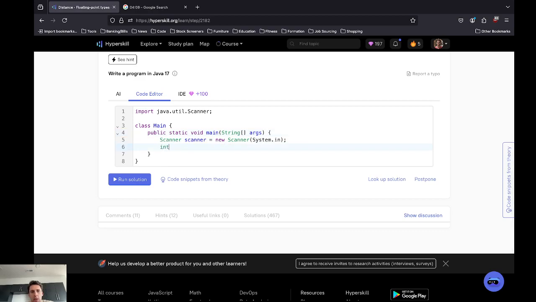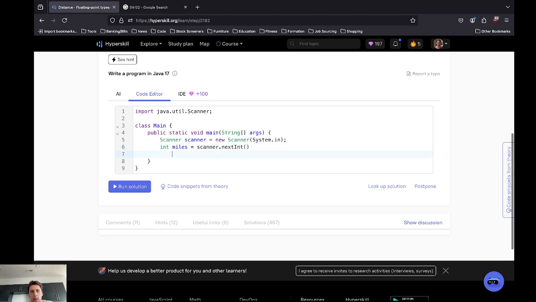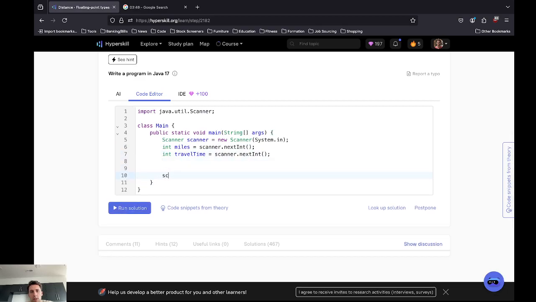So int miles equals scanner.nextInt, and then int hour travel time equals scanner.nextInt; semicolon. Let's close the scanner,